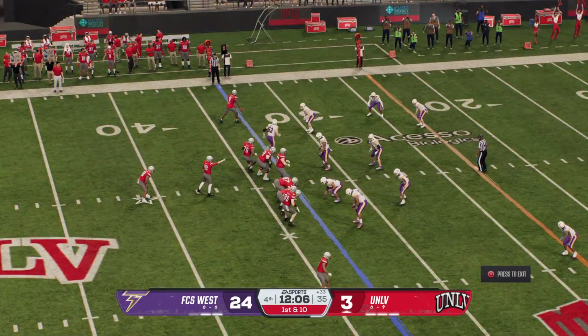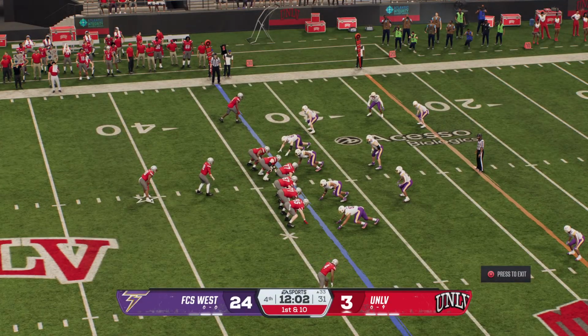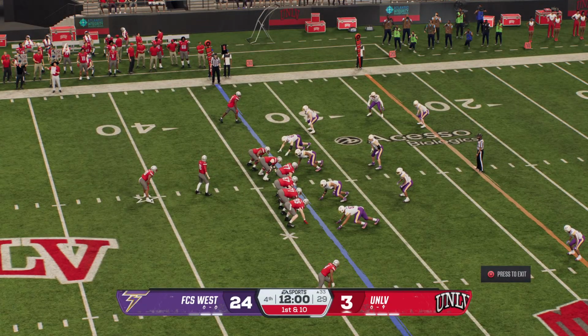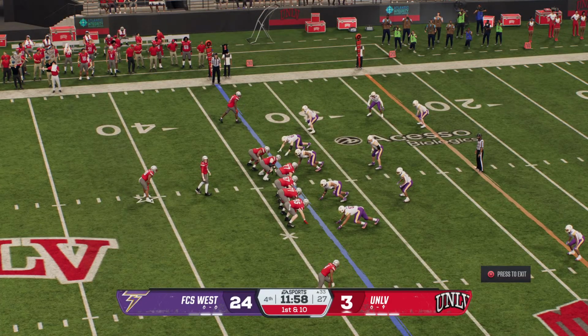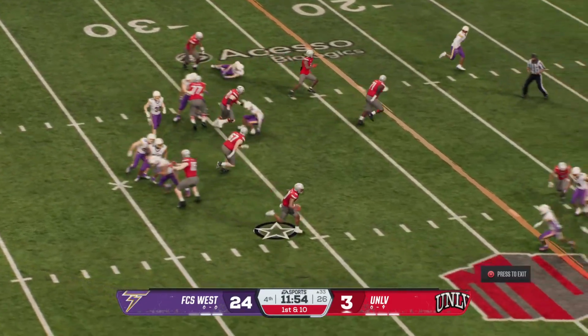The Rebels come to the line with a fresh set of downs. And they're going to need a lot more of this to get back in this football game. They're trailing. They're trying to make plays. I like the decision-making of the young man, though. Don't force the football. We already got to make big...